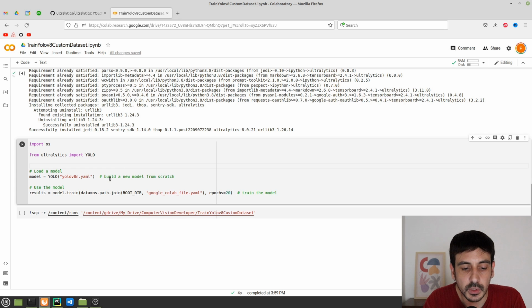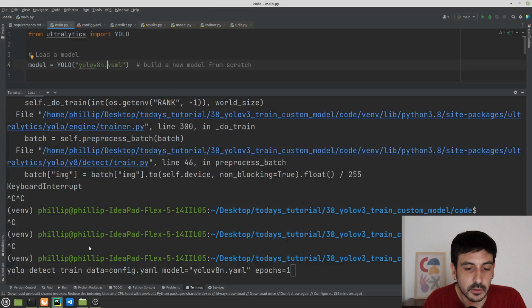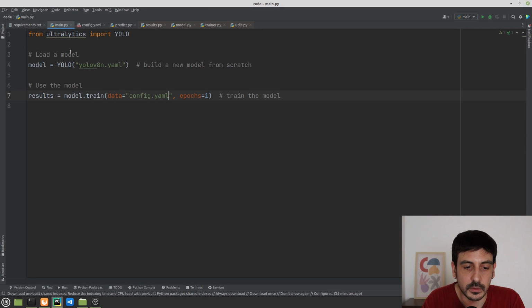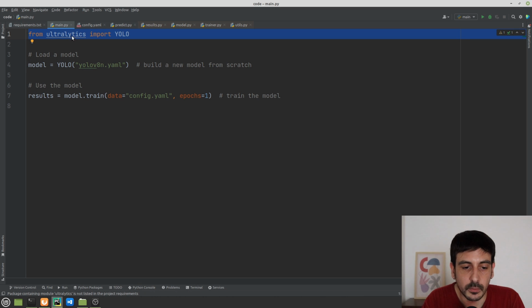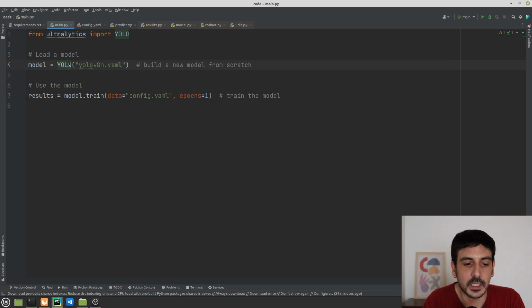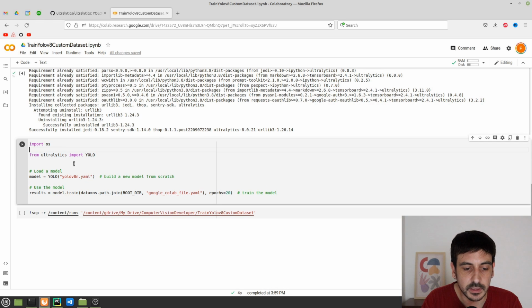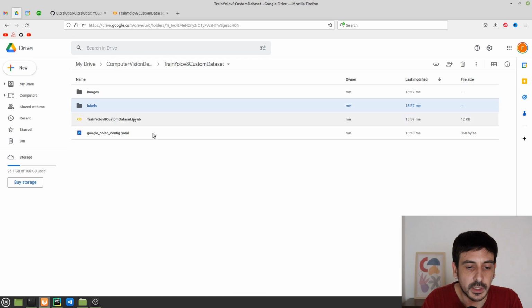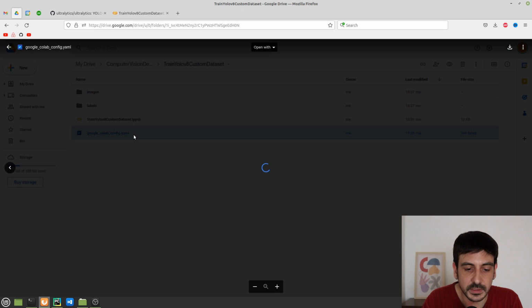You can see that we have done exactly the same structure. We have input exactly the same lines as in our local environment. If I show you this again, you can see we have imported ultralytics, then we have defined this YOLO object, and then we have called model.train, and this is exactly the same as we are doing here. Obviously, we are going to need another YAML file. We are going to need a YAML file in our Google Drive, and this is the file I have specified,